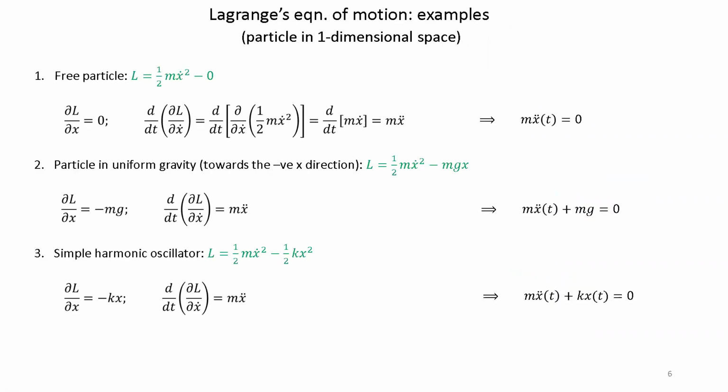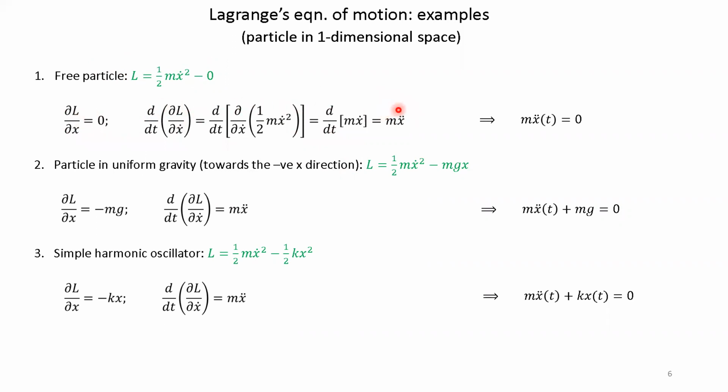So now some simple examples. I'm sure that all these three cases are physical systems that you have dealt with before. First, the free particle: your kinetic energy minus potential energy, and the potential energy is 0. So in that case, you have this L. Then if I want to plug it into the Lagrange equation, you just need to take these two derivatives, and at the end,